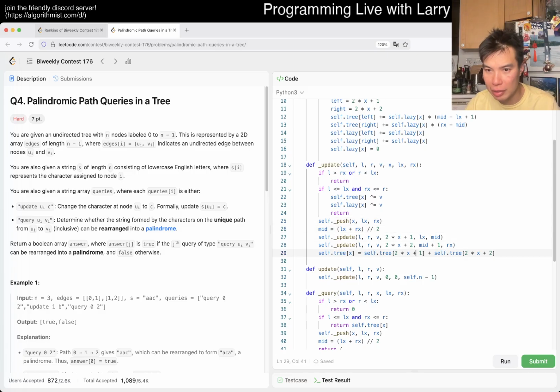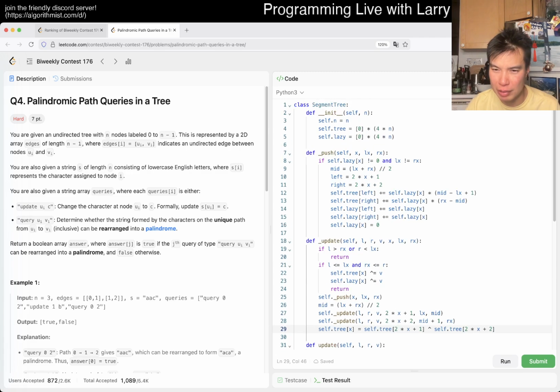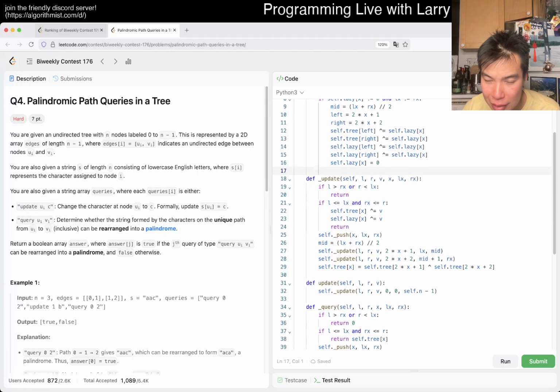Pretty simple. Actually, I guess some is pretty straightforward to transfer into. I mean, this is actually crazy looking, but we don't need to know the range. Wait, do we need to know the range? Push. No, I think this is fine. If not, then I messed up anyway. So, okay, I think this is mostly fine. Update,